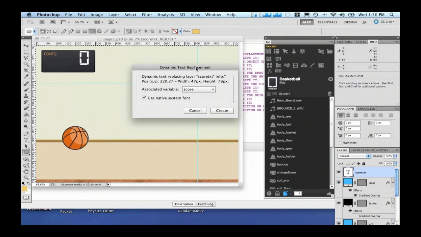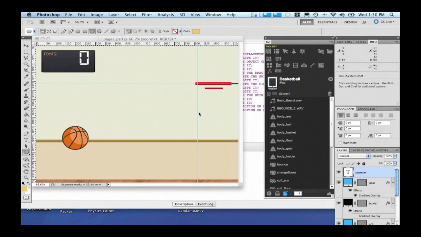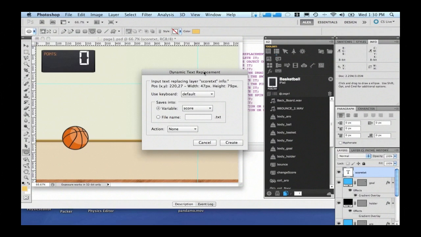And I'm going to associate this text replacement with a variable. So it's going to be the score. That's a variable that I have here. And whether I'm going to use a native font or not. Simple as that.